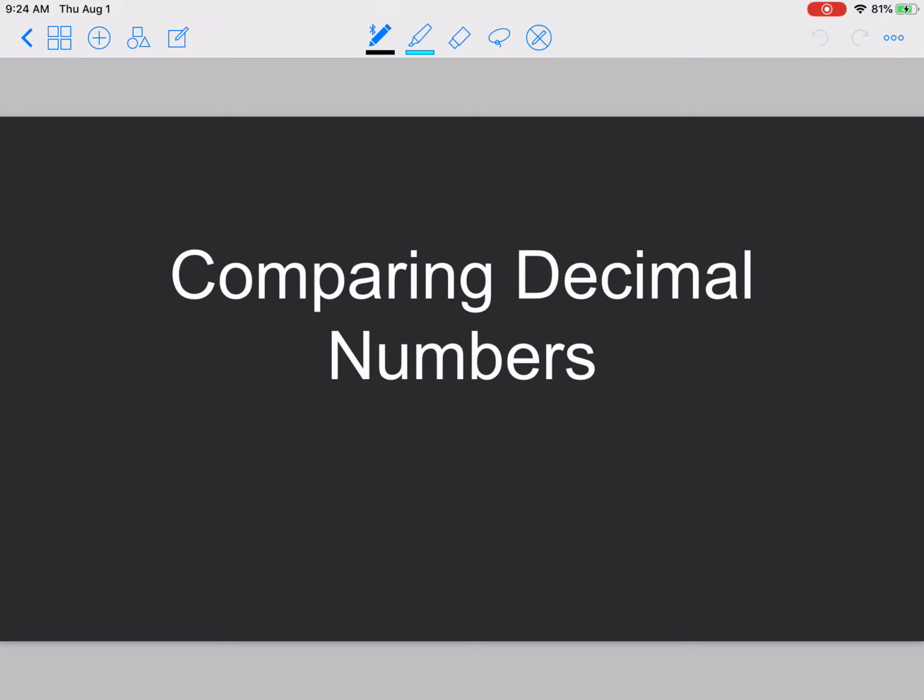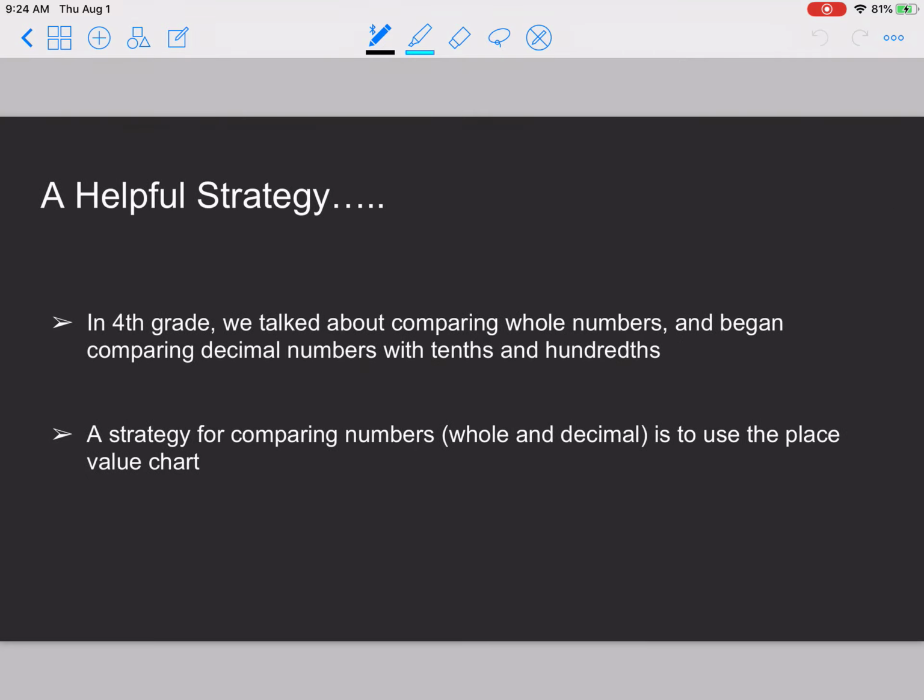Let's spend some time comparing decimal numbers. So a helpful strategy that you can use is using the place value chart to help you to determine what number is your greatest number, which one has the greatest value, and which one has the smallest or the least value. Now remember, in 4th grade we talked about comparing whole numbers, and we began comparing decimal numbers with tenths